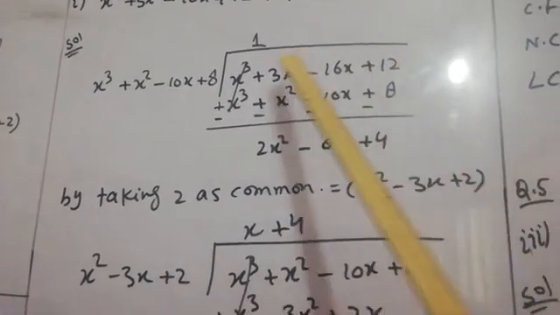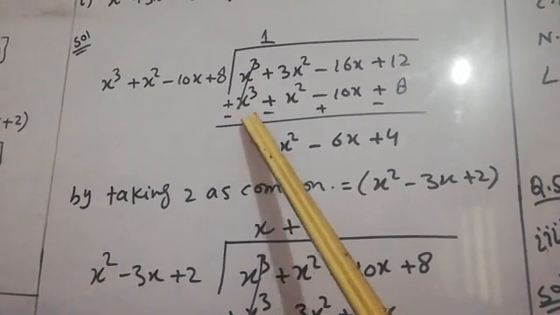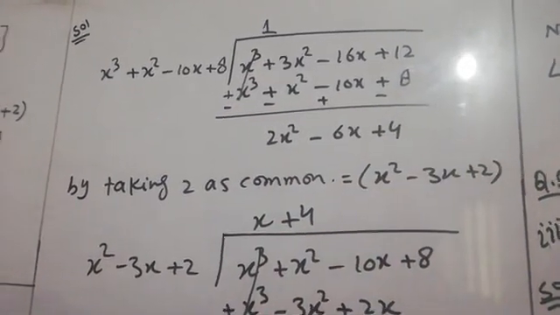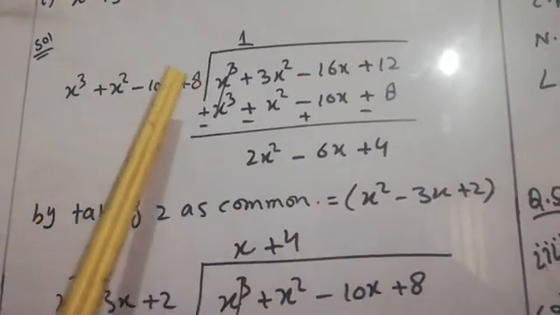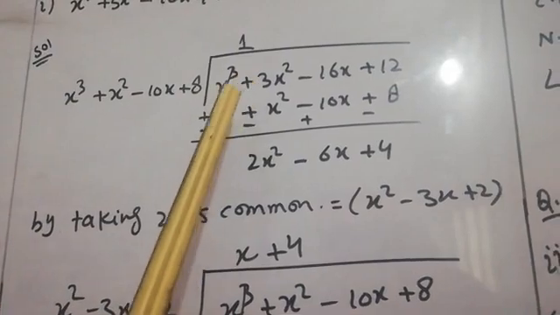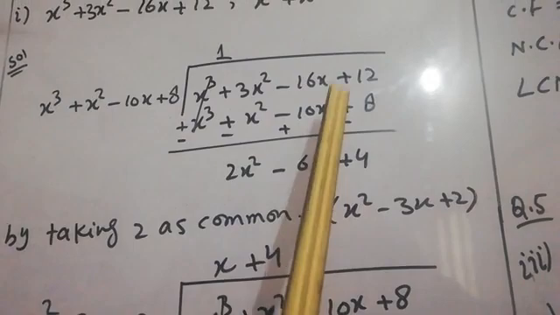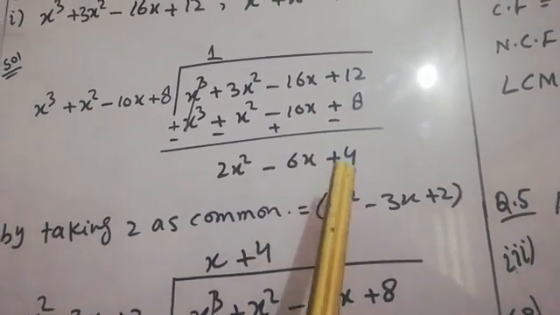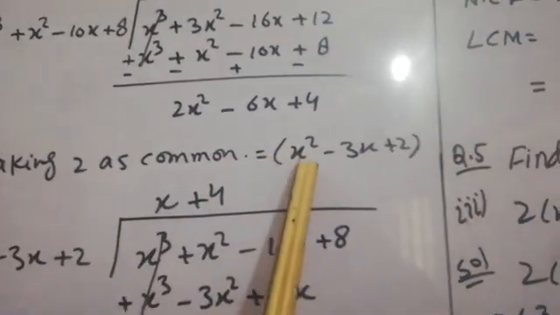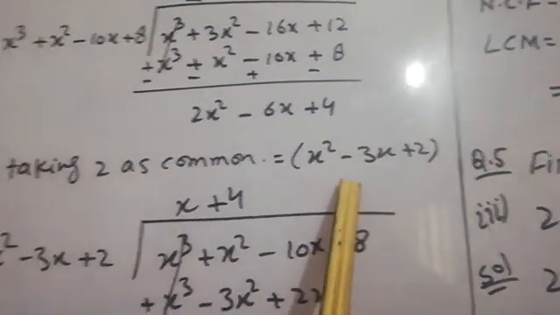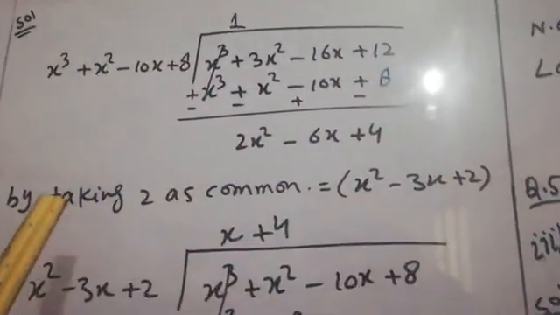You know that in division we take the subtraction, so when we subtract the values, the sign of the second expression will be changed: positive becomes negative and negative becomes positive. x cube minus x cube will be cancelled. 3x square minus x square equals 2x square, minus 16 plus 10 is minus 6, 12 minus 8 is equal to plus 4. We will take 2 as common and we will get the new expression x square minus 3x plus 2. Since 2 is not a common factor between these two expressions, we will ignore the 2